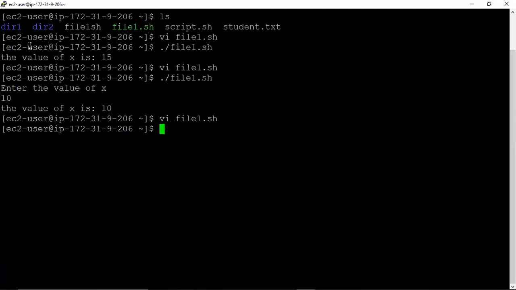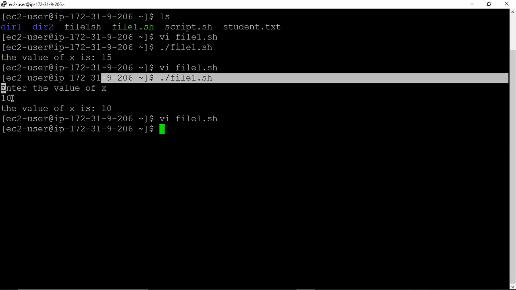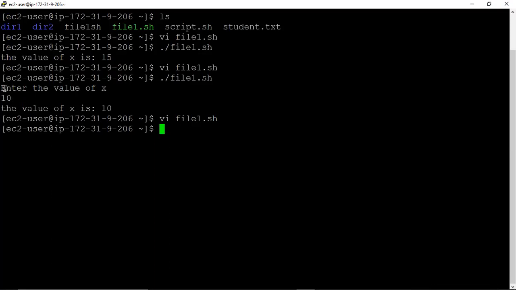Now see this, what happened here. When we say enter the value of x, the cursor goes down to the next line. Now suppose we do not want to move the cursor to the next line. Suppose we want to enter the value of 10 along the same line, immediately next to x.